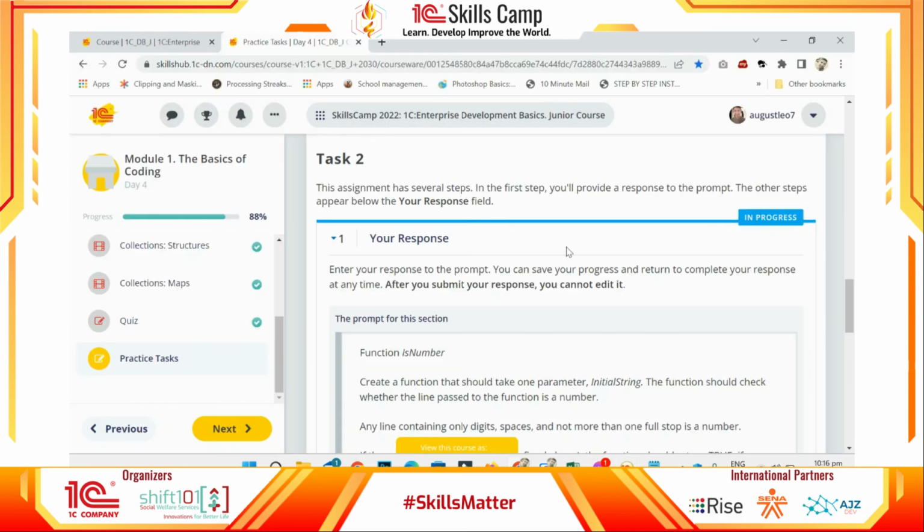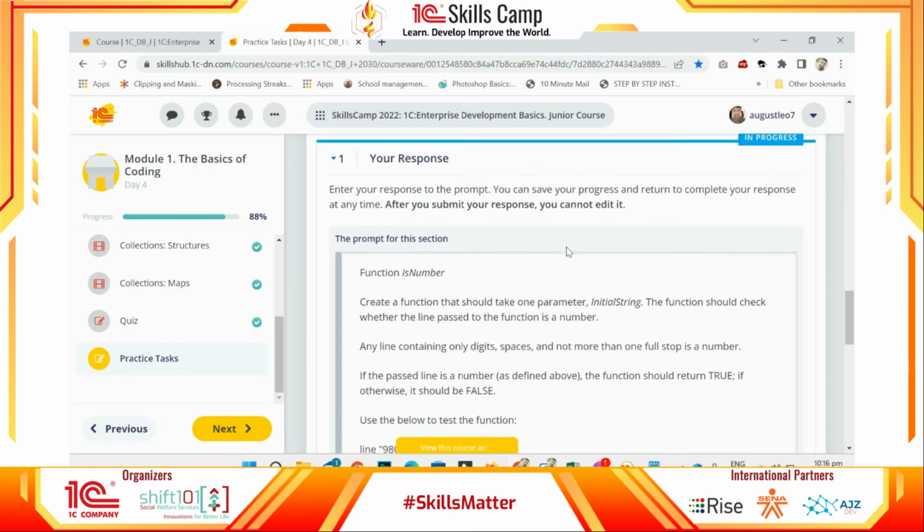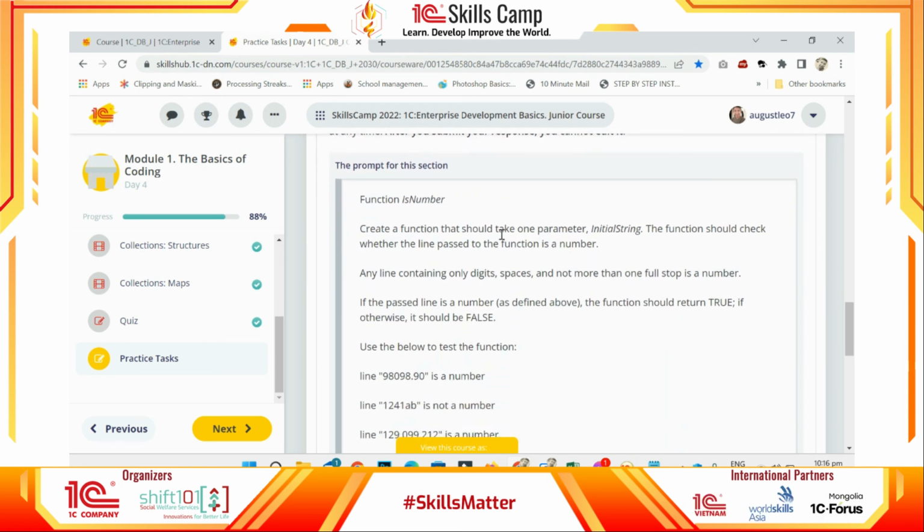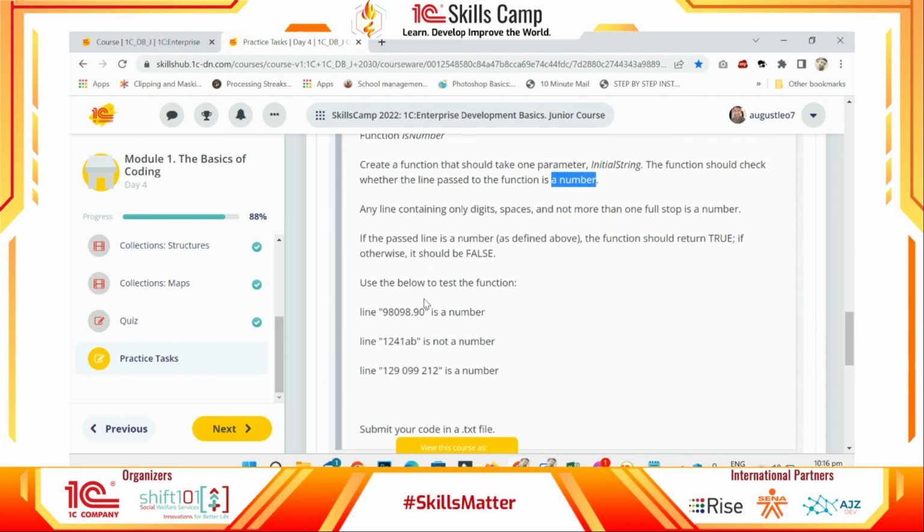For module 1, day 4, task 2, we need to create a function to test if the given value is a number or not. The function is number. Create a function that takes one parameter, which is the initial string. The function should check whether the line passed to the function is a number. The value that we should test is